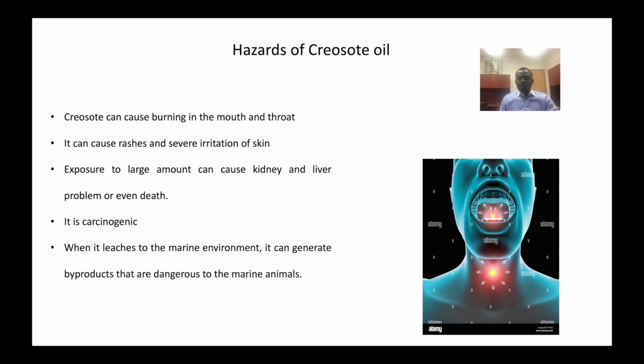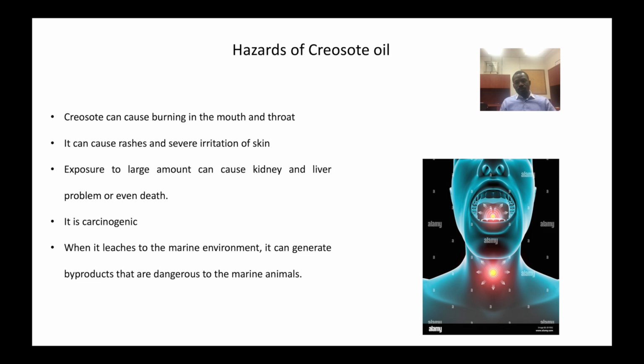Okay, as good as creosote is, having been used as a preservative for wood, it is also good to note that creosote can be dangerous, as its presence in the environment can be inimical to man and aquatic organisms. For instance, it has been stated in some work that